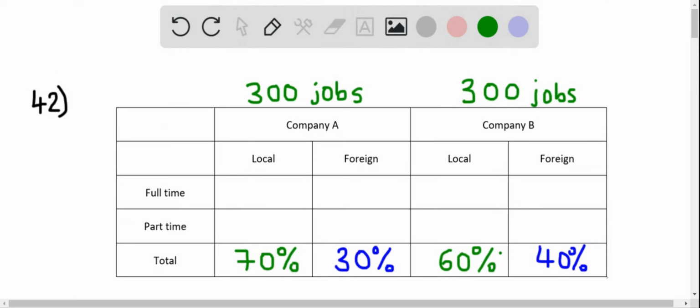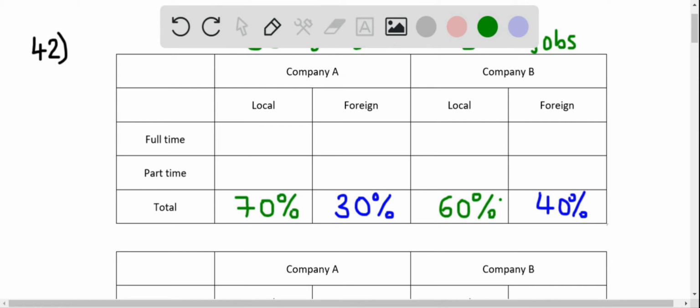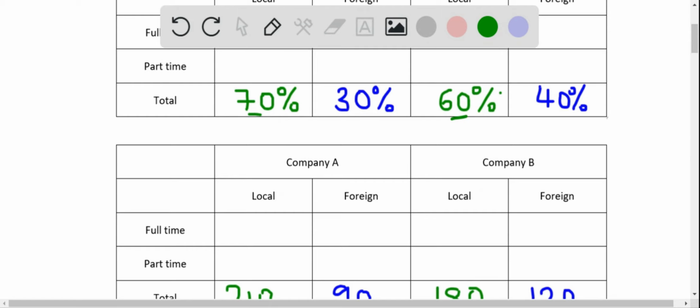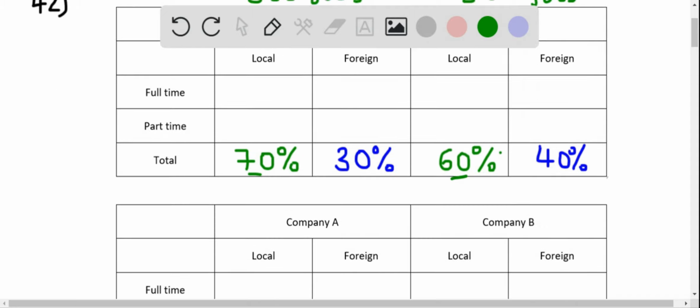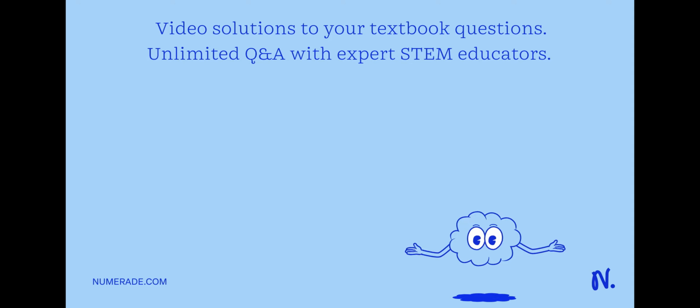So we're supposed to show that as much as Company A has a higher overall percentage of local residents than Company B, it's possible that Company B has higher percentages for full-time jobs and part-time jobs compared to Company A. So we should also consider that